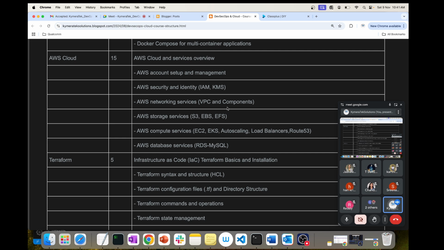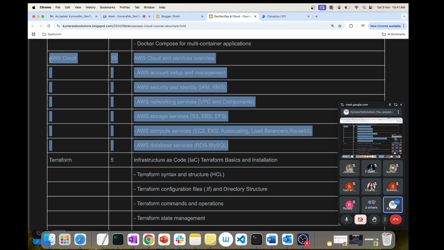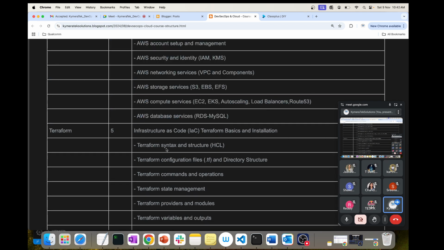Okay, so this infrastructure that I'm talking about is more from the UI. When I'm talking about AWS, I'll cover most of the things from a UI perspective, but in real time we don't do anything from UI. It has its own disadvantages. When multiple people are working on the same project and handling the same AWS account, if you use UI, there will be lack of communication, where people try to override the other people's changes, which is going to mess everything up. So we go for Terraform, where Terraform is infrastructure as code.